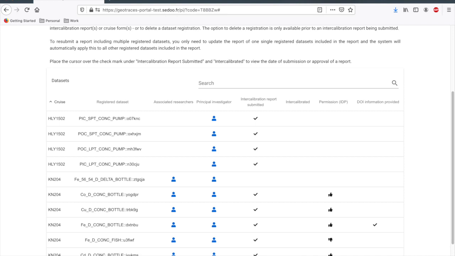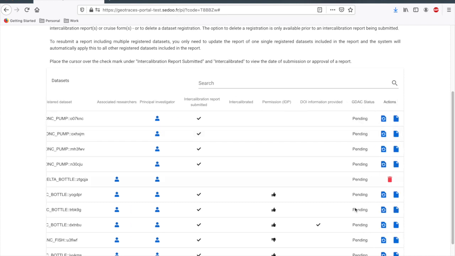You can see whether you've provided permission for inclusion, and so a thumbs up sign shows where I have provided permission, and thumbs down sign shows where I haven't, and then nothing shows up if I haven't said either way yet. The GDAC status here indicates whether your dataset has been ingested by the GeoTraces Data Assembly Center. DOI shows you whether you provided the DOI. And all the way to the right,